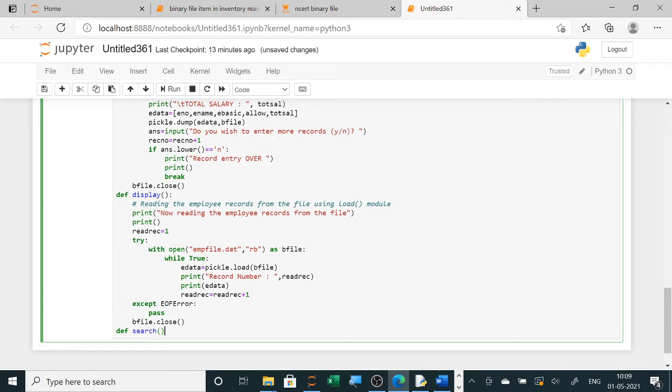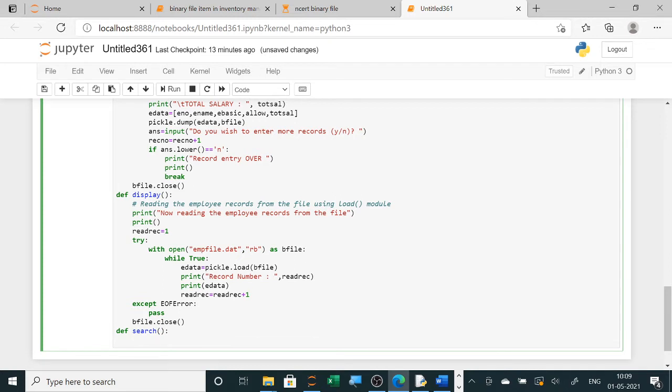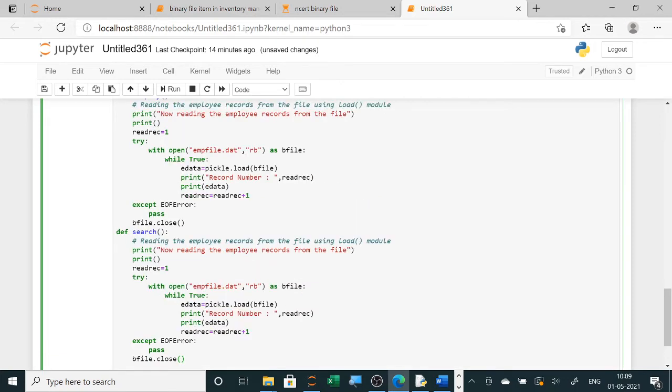So for searching, you will simply copy paste this portion, and then I have copied it and searching the employee records from the file using that same thing for reading and searching. For searching also you require load module.